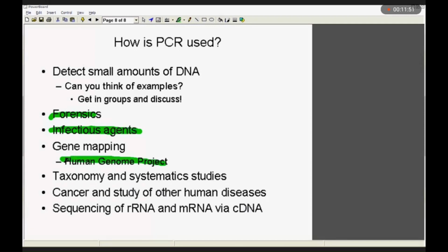We use this same process in the Human Genome Project. That was a project by which we sequenced or figured out the orders of A's, C's, T's, and G's on all of the chromosomes found inside of a human cell. We can use it in taxonomic and systematic studies, in other words, studies that are establishing the relationships between organisms. And medical researchers sometimes use PCR as a starting point for their studies of cancer and other types of human diseases. And that's the end of part 1 of the biotechnology